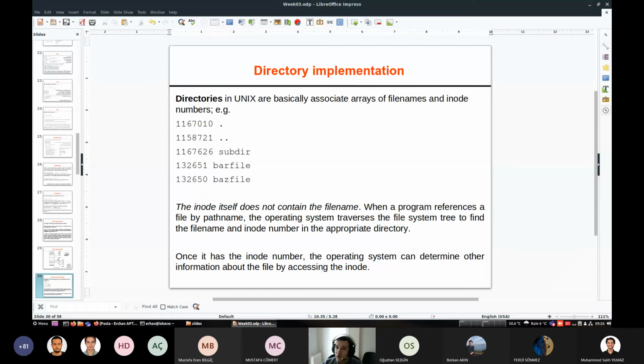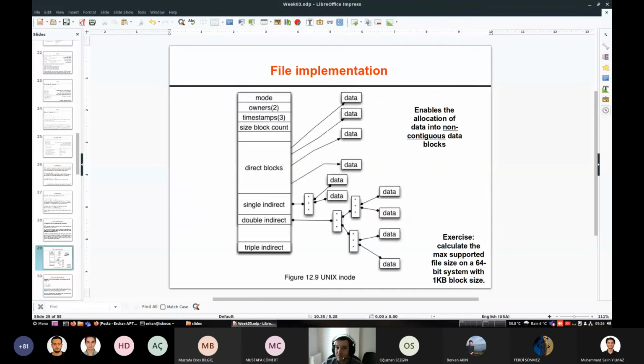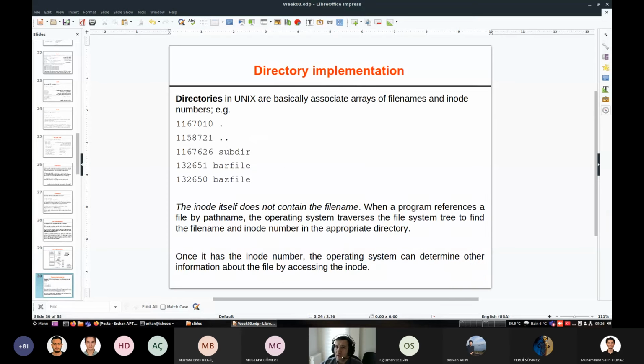An array where we associate the inodes of the files that it contains, the inode numbers, and the names of the files. If you look here, you will see that there is no file name. Where is the file name? The file name is in the directory. So a directory is basically